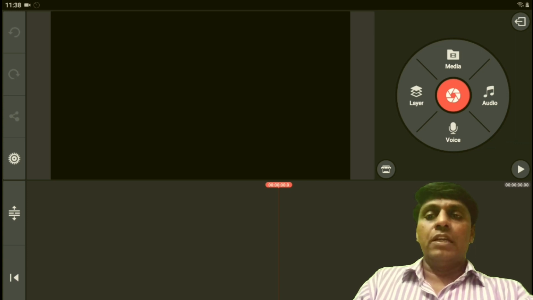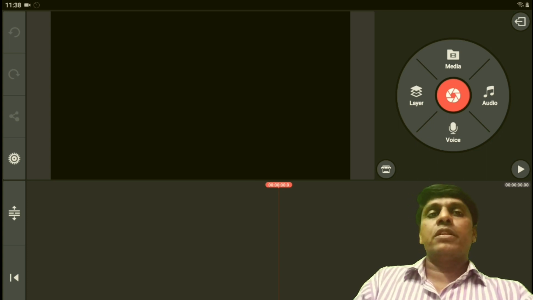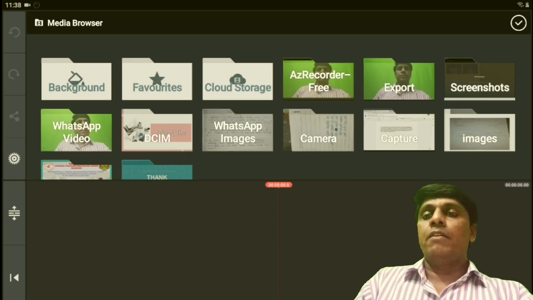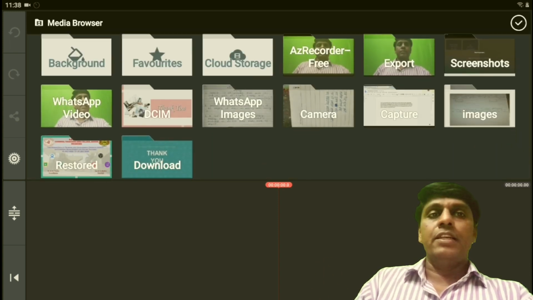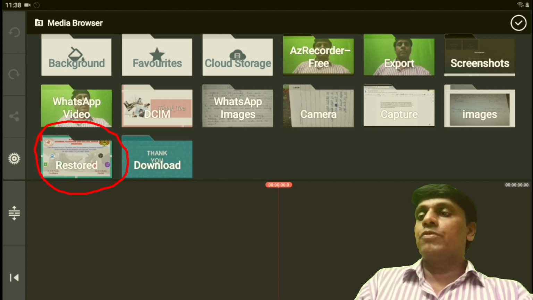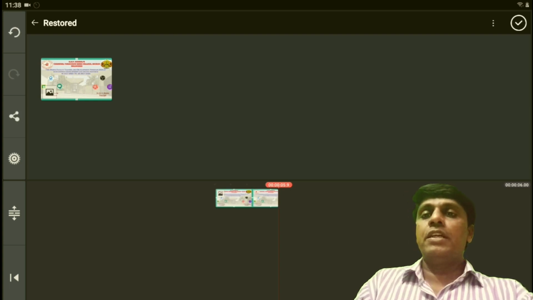The rounded one, there are 4 buttons where you have to work or do the editing work. So first thing, you have to select all the JPG, means all the images of your project. Go to media, this top button. Then first I will select the slide of welcome. For example, I'll select this one slide. I have selected this one slide.